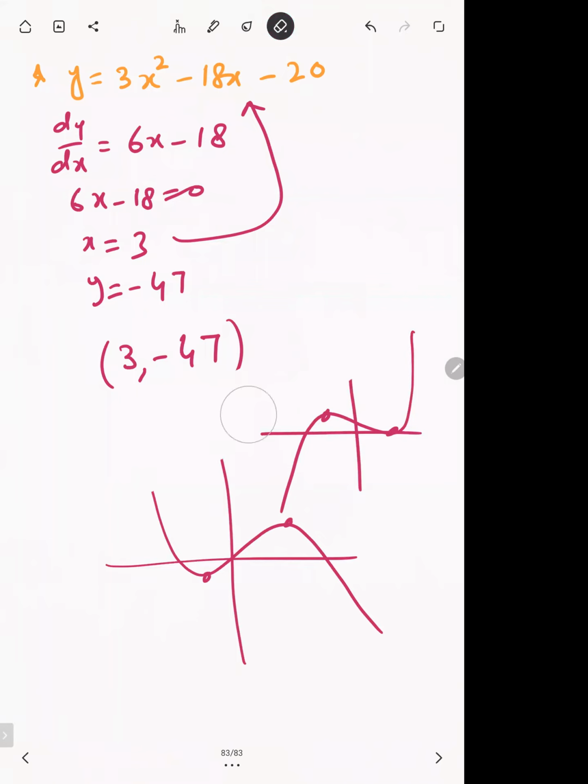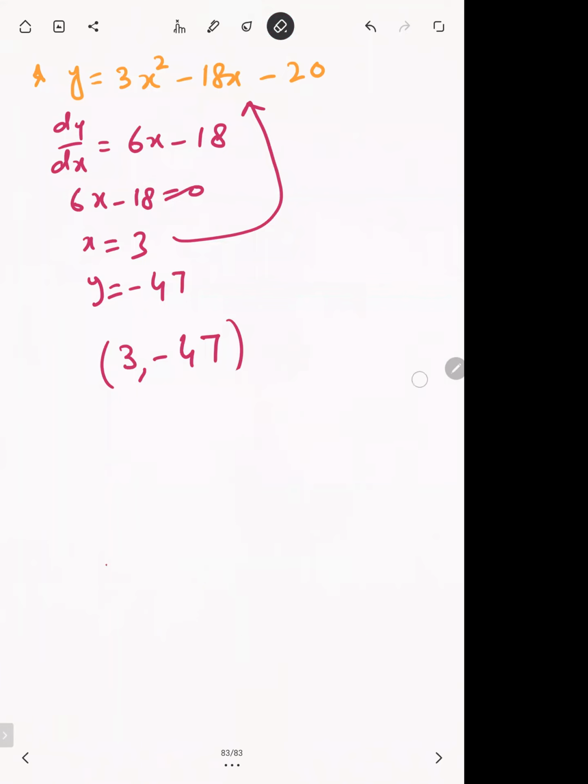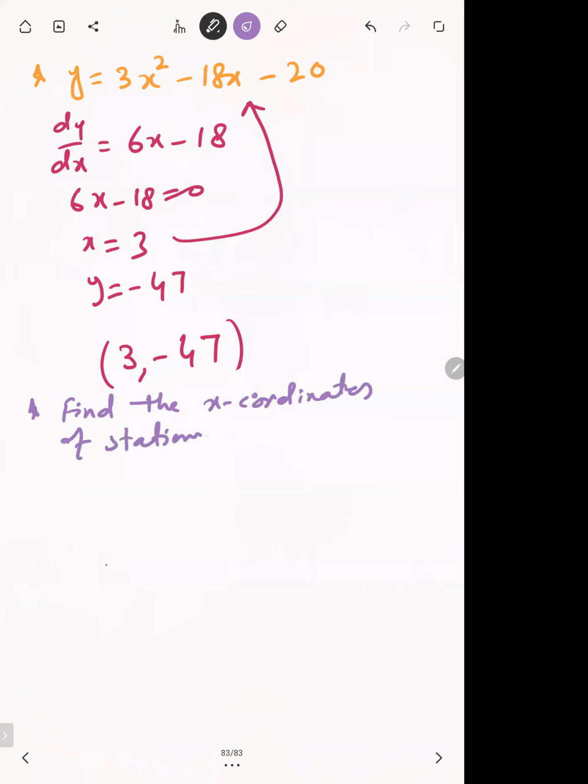Okay, now I'm going to give a cubic equation, and the question is: find the x coordinate only of the stationary point, only the x coordinate. You don't have to find y. I know you can find it quite simply, you need to plug it in, but you have to find only the x coordinates of the stationary points here in this equation,